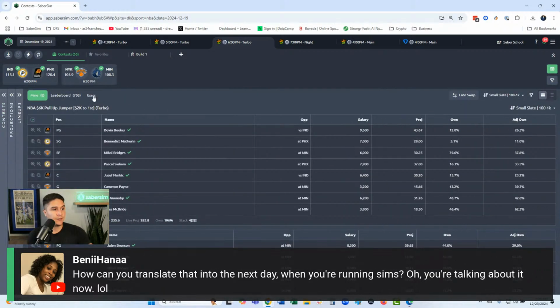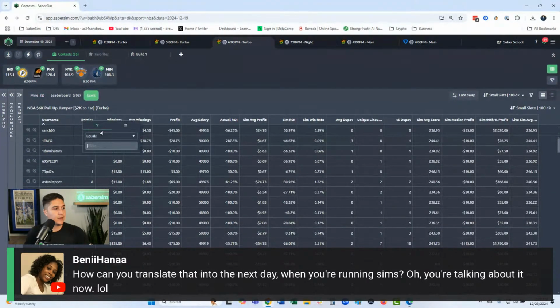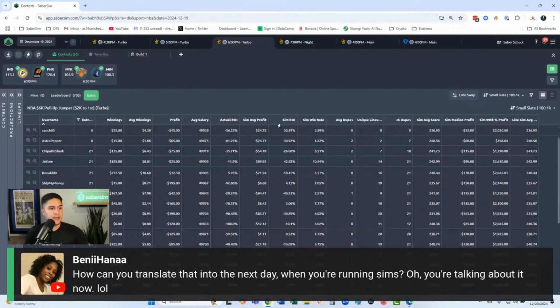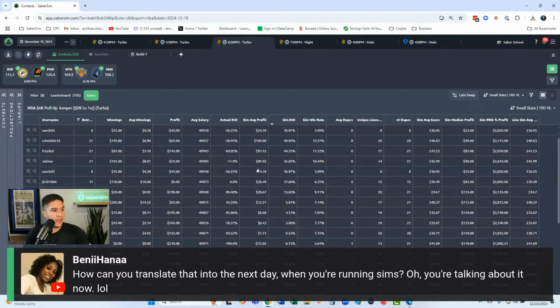So let's keep rolling. Okay. I don't remember if this is the same one. No, this looks different. Okay. Greater than or equal to 8. Again, sort by sim ROI. Okay, cool. Top 5 looking good. All the metrics look good, right? High salary, no dupes, unique lineups, maintaining a high enough sim average score to offset the